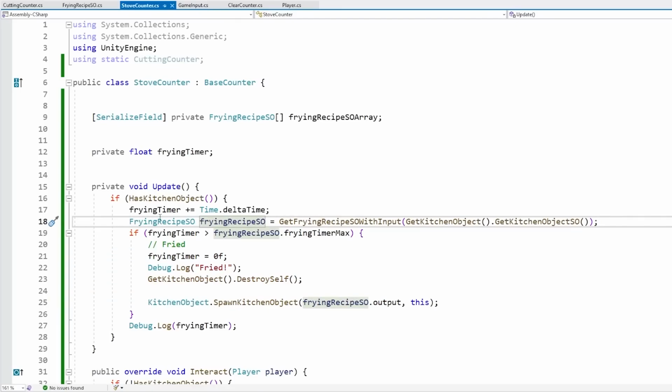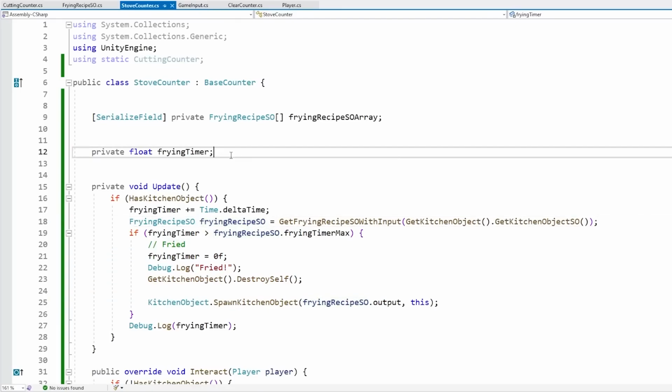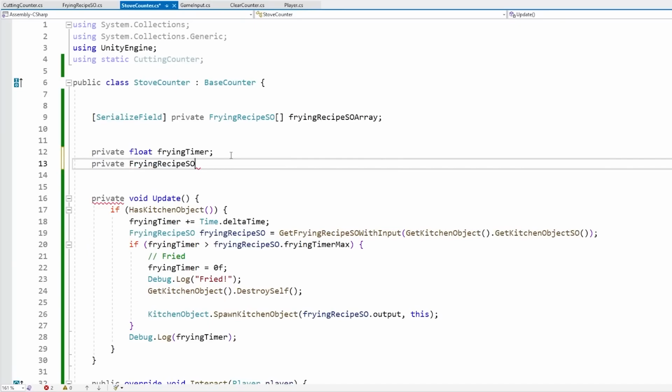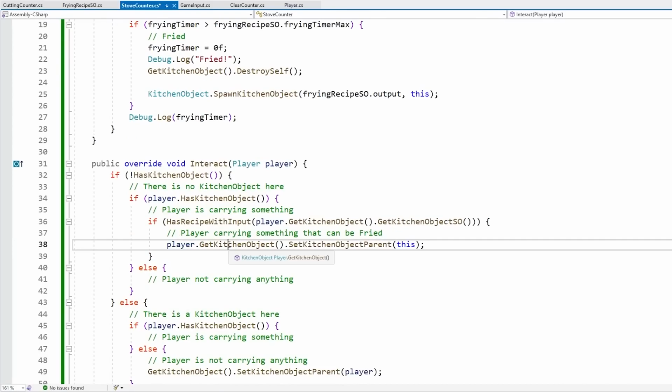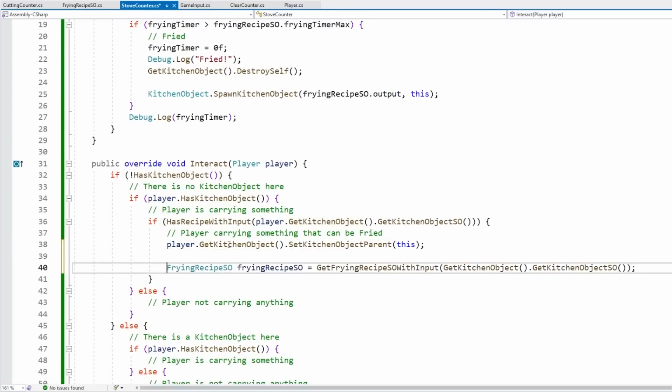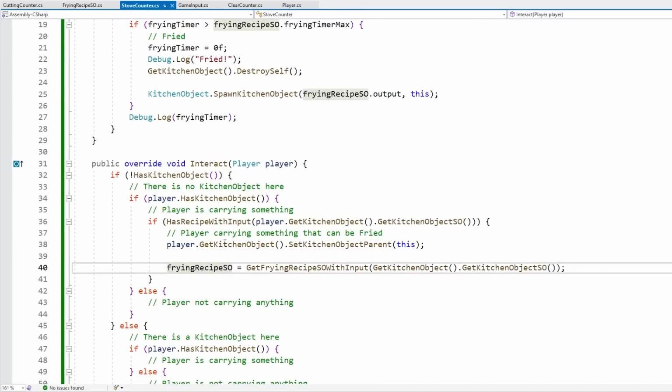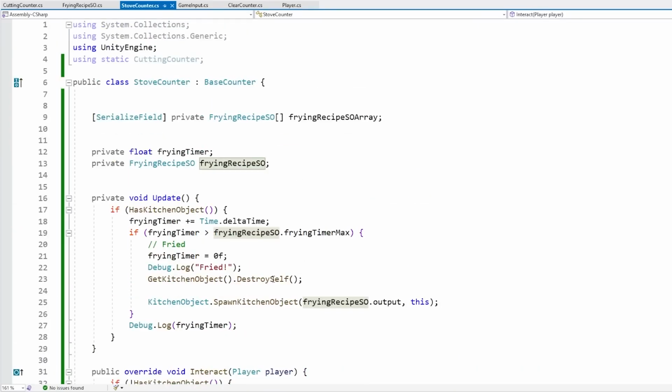One thing we can do to sort of solve this problem, which is also going to be beneficial in terms of performance, is simply caching this field. So let's go up here, define a frying recipe SO, instead of constantly getting it on every single update, which might be a bit costly in terms of performance. Instead, let's just get it over here when the player drops something. So the player drops something and we assign the frying recipe SO, cache the value, and then do this. Okay, that should have fixed the null reference problem,